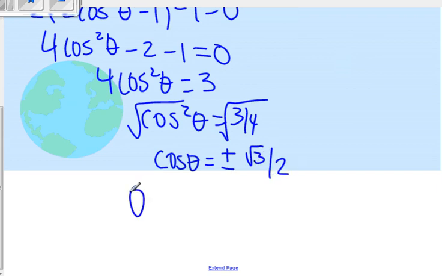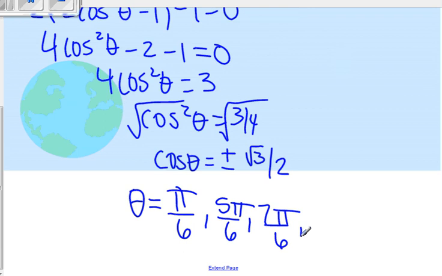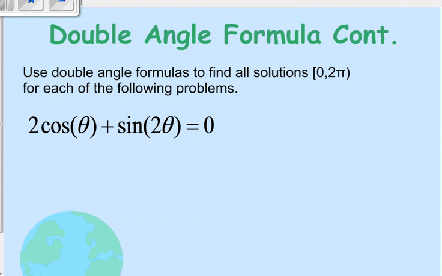And cosine has the value of the square root of 3 over 2 for the entire pi over 6 family. So pi over 6, 5 pi over 6, 7 pi over 6, and 11 pi over 6 would be our answer there. Okay, so here I'm seeing I have 2 cosine theta plus sine 2 theta equals 0. So this is the piece that I'm going to change because it's got the 2 theta. So 2 cosine theta plus 2 sine theta cosine theta